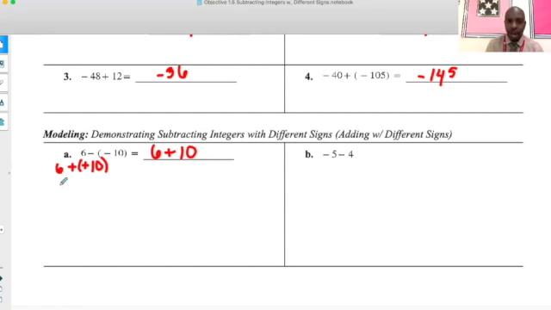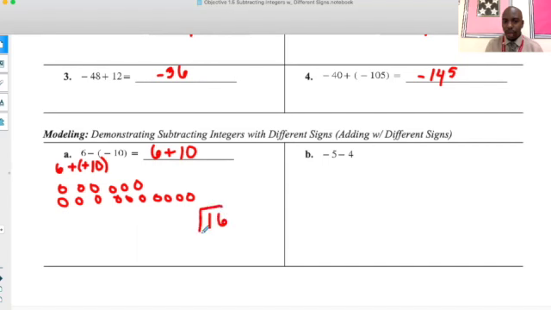Could we draw out 6 open circles? Sure. And then draw 10 open circles underneath that? Absolutely. But I do want to remind you that these are just positive numbers, so adding them together should be pretty simple for all of you to just add them and get the number 16. For B,